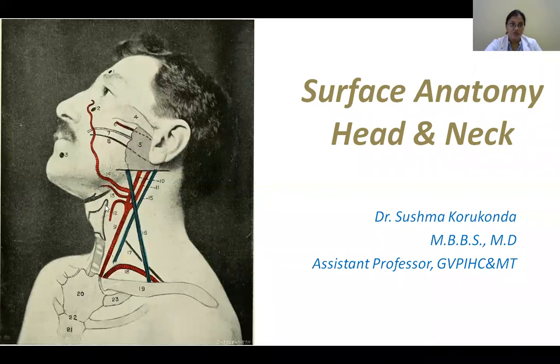Then something is drawn over here. What is this drawing representing? One big cartilage which is very prominent in males, also called the Adam's apple. When you look at the throat of a man, you can make out something prominent here. The laryngeal prominence is there. That represents your thyroid cartilage, the angle of the thyroid cartilage. So this prominence here is that. And here this is all representing your tracheal rings.